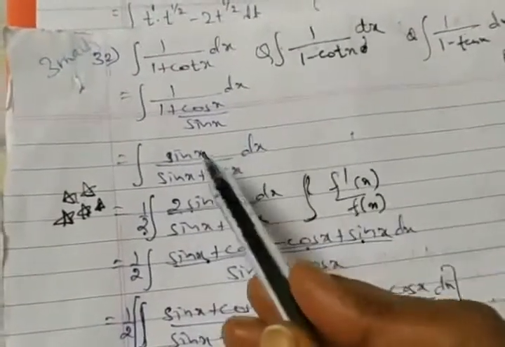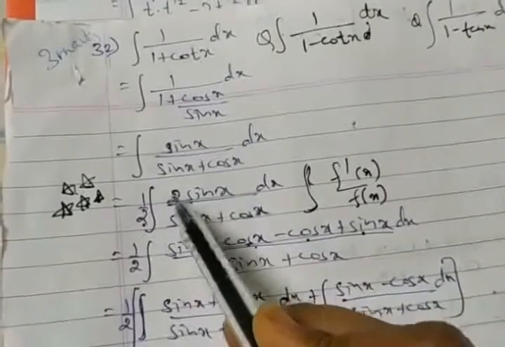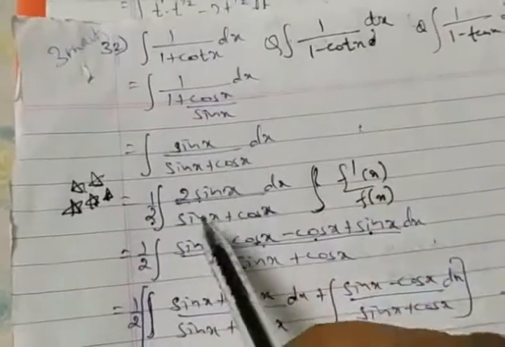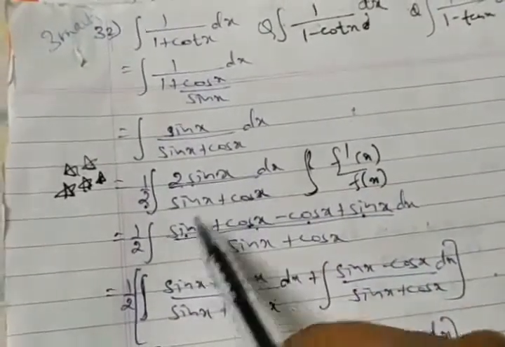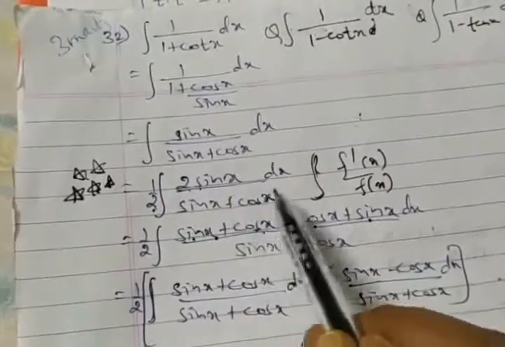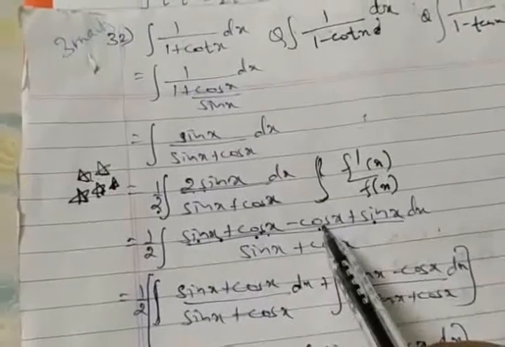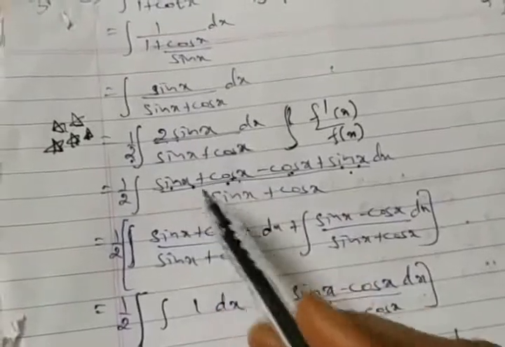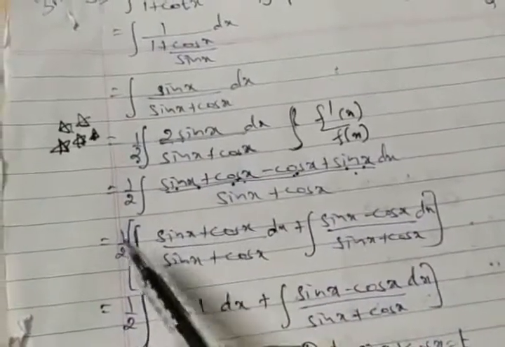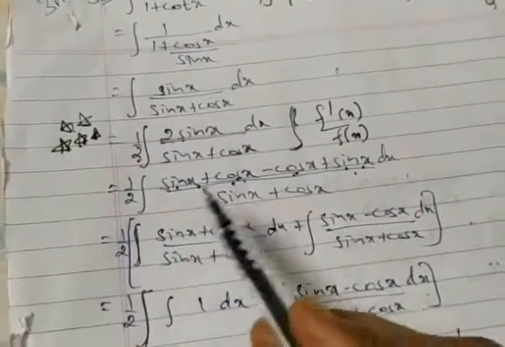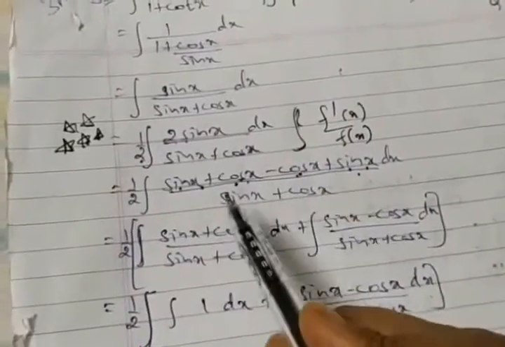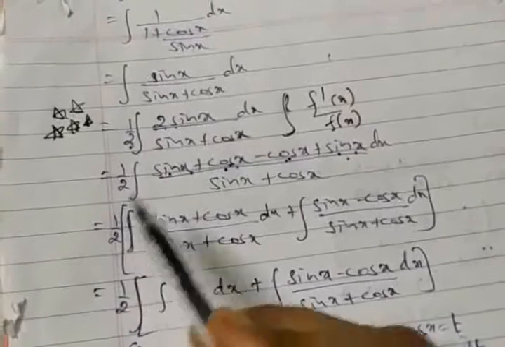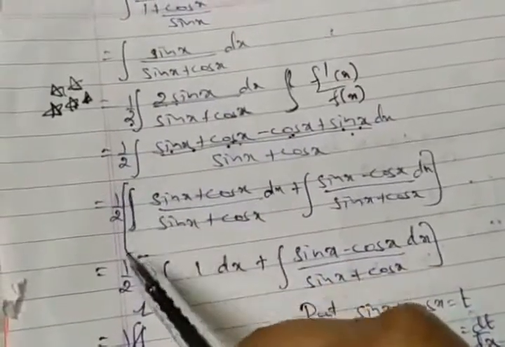To stop that, what we have done: sin x, again multiply by 2 and balance it by 2. Constant term, first modification. Followed by sin x considered, add cos x, whatever it says in the denominator. Add cos x, balance with minus cos x plus the other sin x. Now here, sin x plus cos x, again one may divide. Half, take a bracket because you are splitting now. While splitting, the plus comes, so this half applies to the second half also. So take a bracket. I'm warning you.